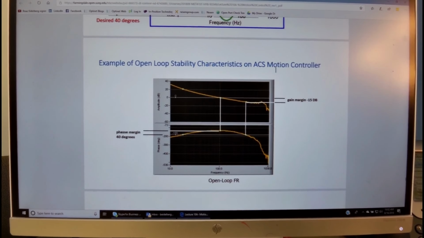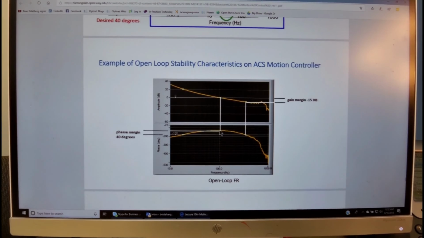One is called the phase margin, which is the angle between the 180 degrees and the intersection of a vertical line going from the crossover frequency of the gain between the open loop line and the 0 dB. We come down all the way to the phase angle, and at this point we measure the phase, and the distance between the phase to 180 is called the phase margin, and we want that to be actually a positive number.